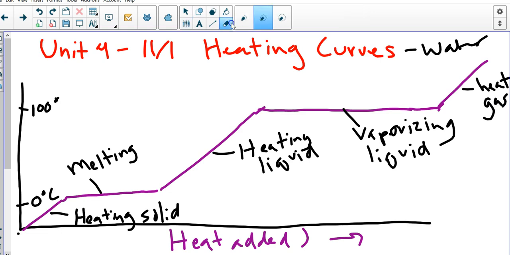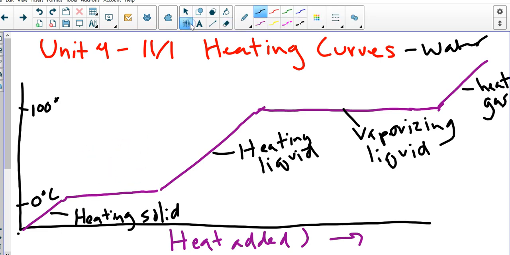I'm going to move my melting to the other side because I'm going to write what happens when you go the other way. So far, so good? Flat parts and phase changes. Okay, we're going to keep